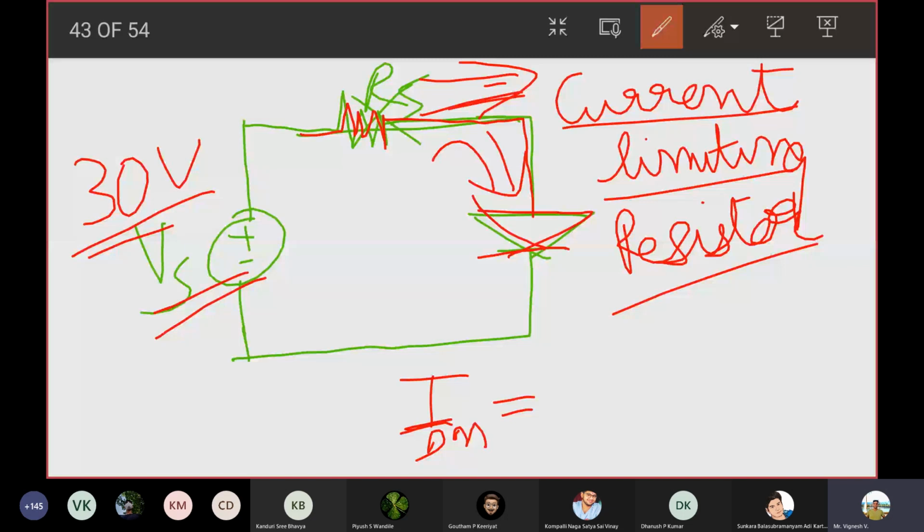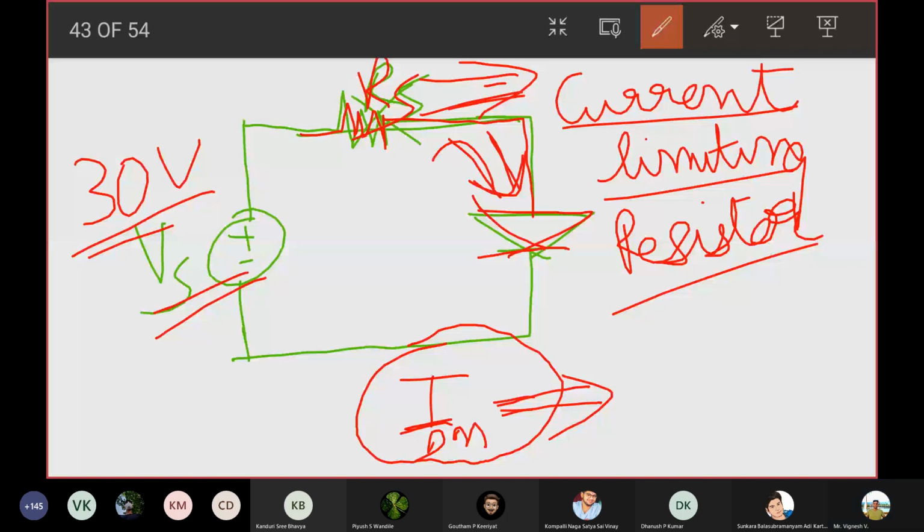That is the reason for all the PN junction diode circuits that you might have come across, you will always put this RS. Even if you don't come across it in theory, in practical, in your lab, it is mandatory that you put an RS in series with the PN junction diode. You cannot have a circuit where you don't put a resistor in series with the PN junction diode. In the same way, for a Zener diode also, there is a very important reason why you put this RS. Again, the same reason: current limiting resistance. That resistance is called the current limiting resistance.